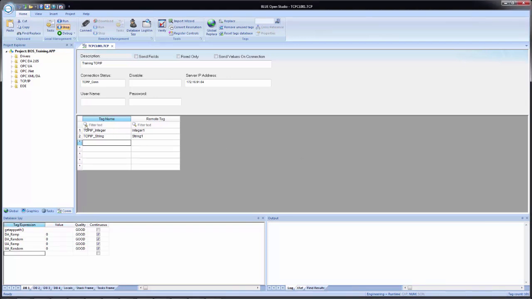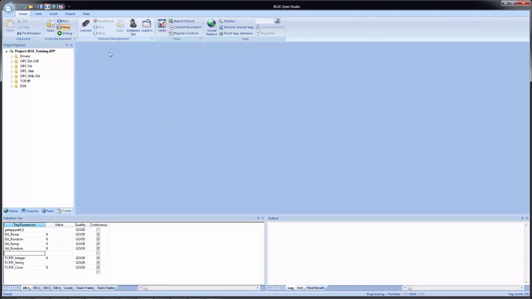Before I close the TCP/IP worksheet, I'm going to copy the 2 local tags. I'm going to make sure that I'm on DB1 tab of the database spy, and I am going to paste them in. Then I'm also going to copy the connection status tag, paste that in, and I'll just insert a blank line here just to make it a little easier to read. And I'll close the worksheet. Okay, so now we are ready to demonstrate the application. So what I will do is I'll come up and start the runtime